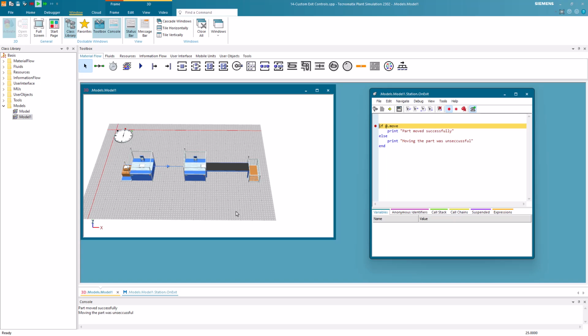At 25 seconds, the exit control is called again. Because the part couldn't move to the next station at the first execution, the exit control is now called again. You might ask yourself now, in which cases this might be helpful. In most cases, it is helpful that exit control once is checked.